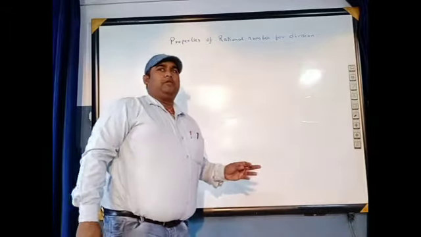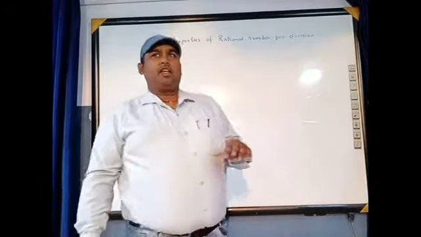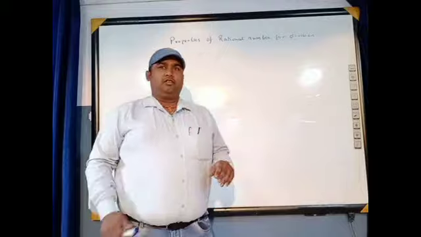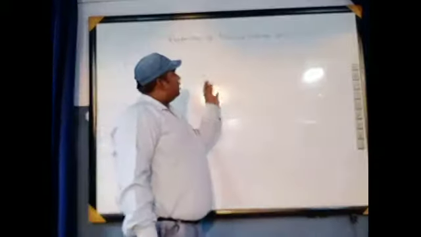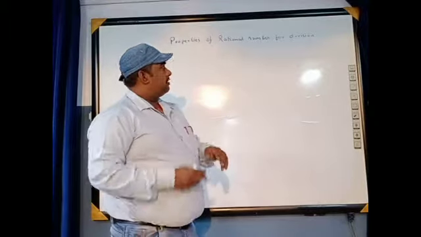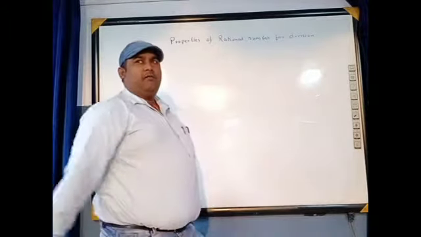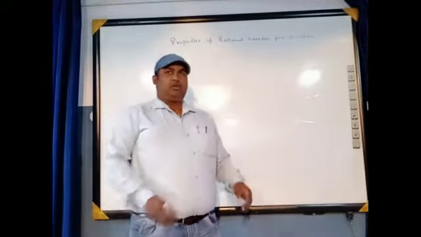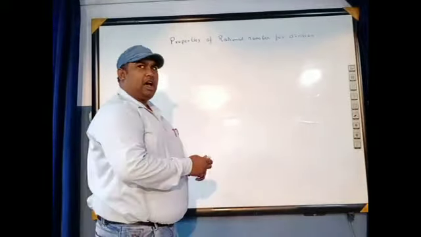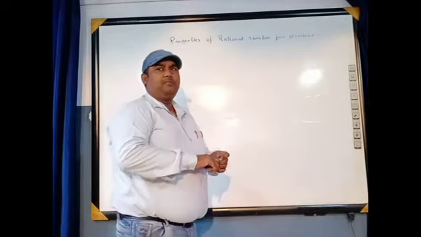As we have learned all the properties of multiplication, hope you have tried your best to solve the problems. Now, today class is the property of rational number for division. We have only 2 or 3 properties for division, and out of those three properties, let's see how much follow the division rule or not.